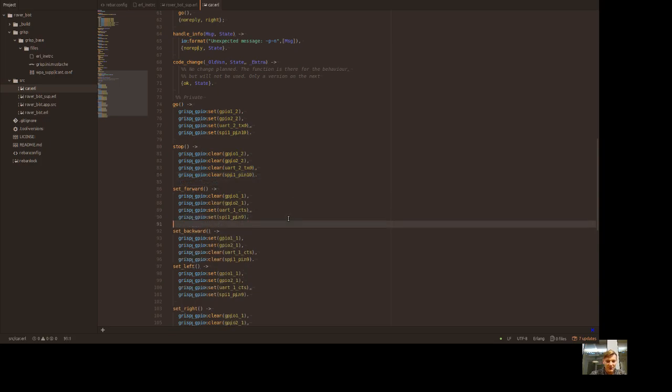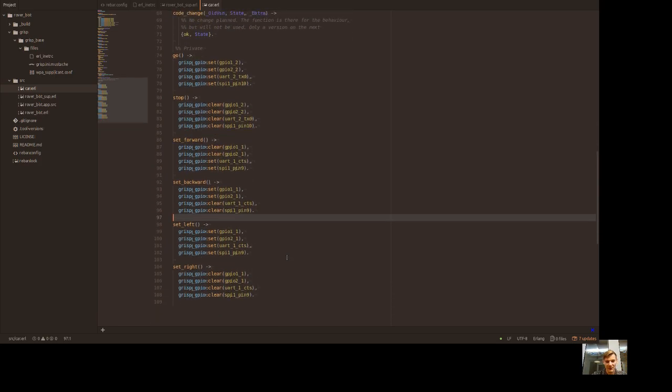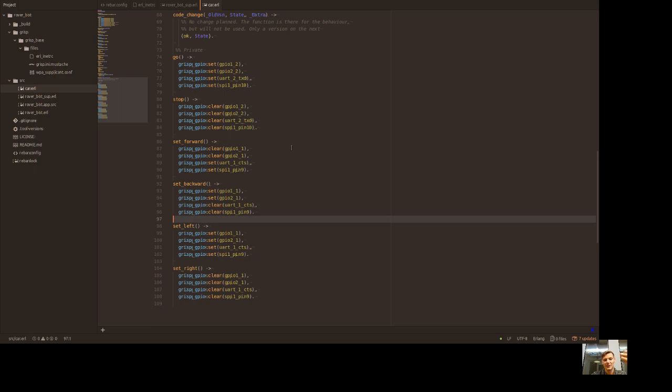So as I said, it builds on the previous work, and what the previous work did is we set and cleared and set the relevant pins, and nothing is new in that case here. When we say go, we are activating the enable pin for all our motors. When we say stop, we clear our enable pin for all our motors. When we say forward,